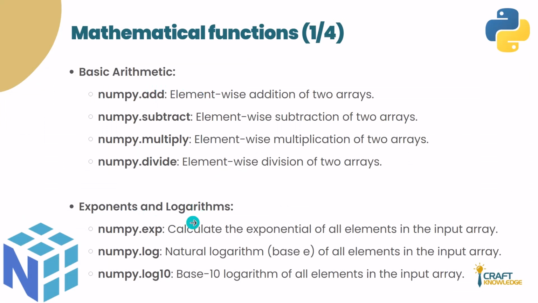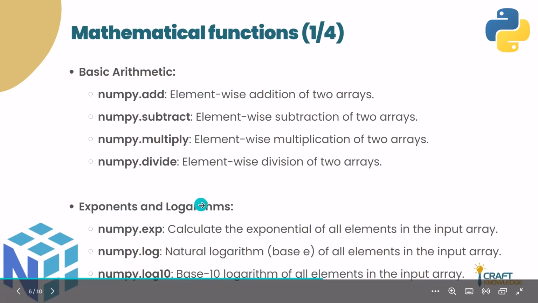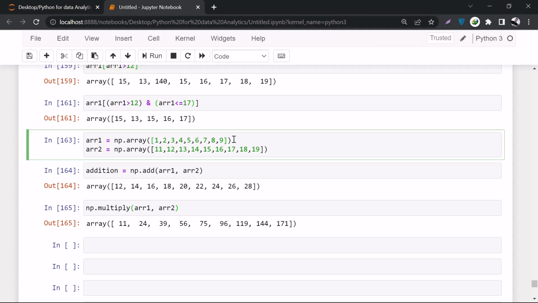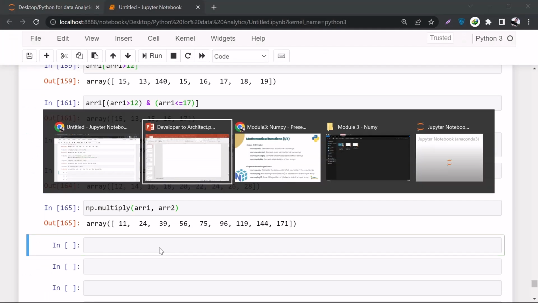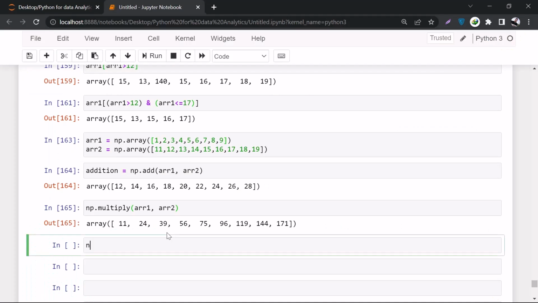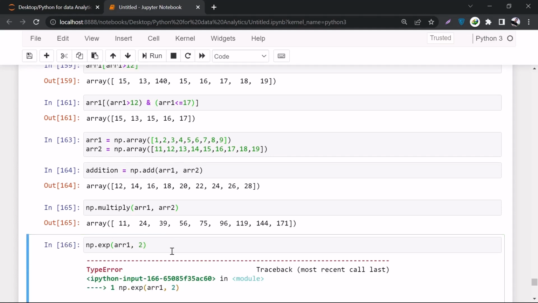Talking about exponents and logarithms. Let's work on the exponent function. It calculates the exponential of all elements in the input array. An exponential is basically the power function. So let's say I want to calculate the power of this array, let's say its square. What was the function? The function says numpy.exp. So let's say numpy.exp, and here we'll mention array 1, and its power. Let's say we want to calculate its square, and